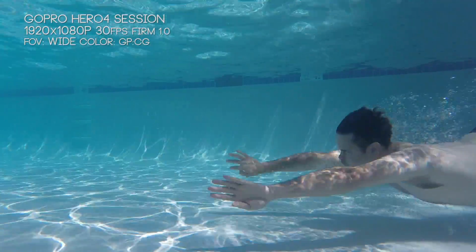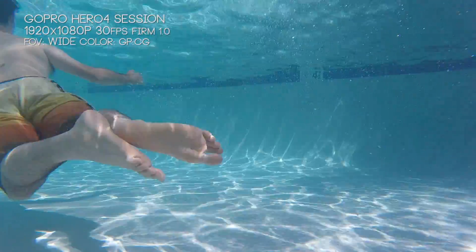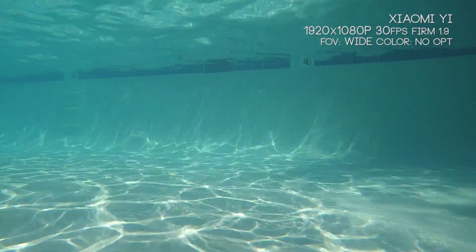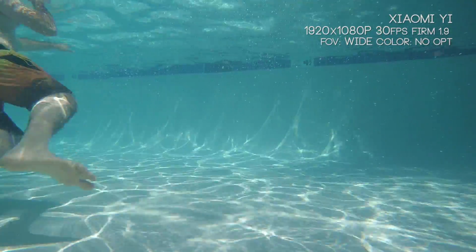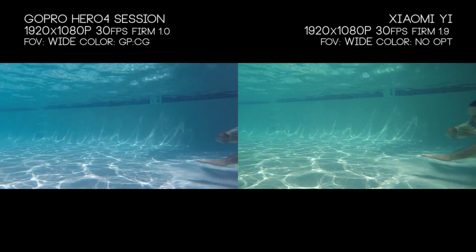Normally, we would have to put a red filter on our camera in order to get something as balanced as this with previous GoPro Hero cameras. Even the Hero4 Silver and the Hero4 Black have a tendency to sort of do weird things with the color, but the Hero4 Session, in my experience, has done a really good job of balancing those out. The Xiaomi Yi isn't shifting the colors around anything crazy, but it also never really finds a good balancing point